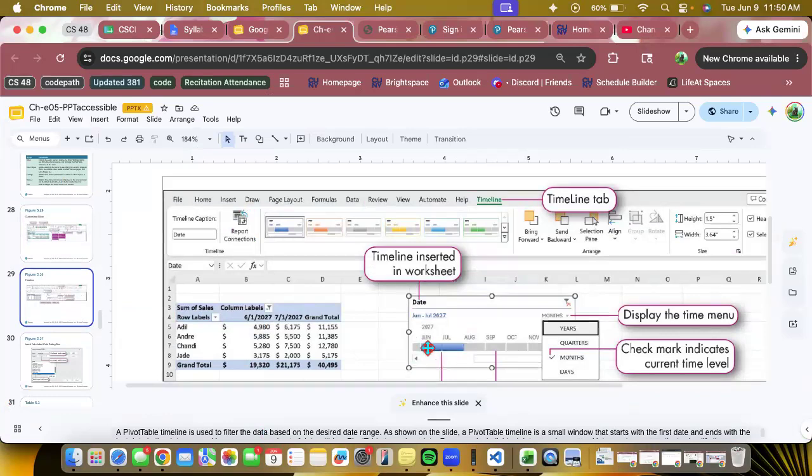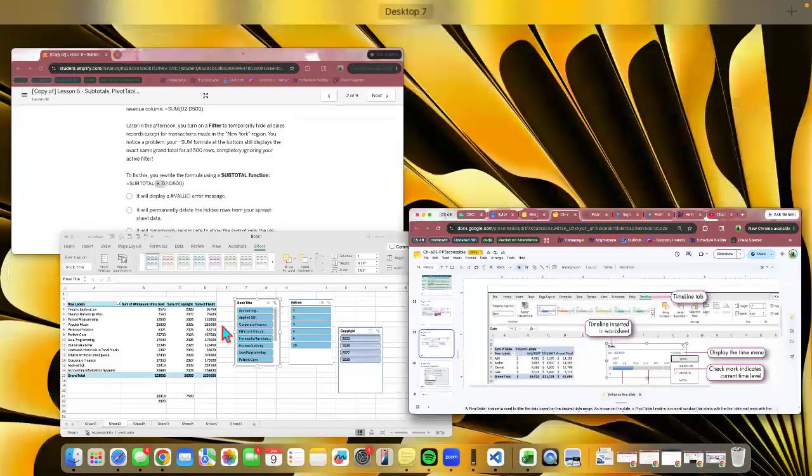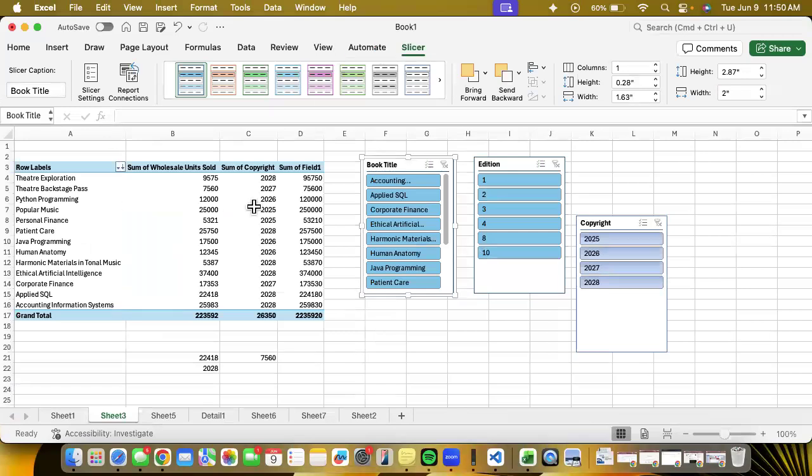And what this timeline is going to show is the data over time, right? That's what a timeline does. So here has specific dates, from 6/1 to 7/1. So if I include a timeline over here, just like how I would over here,